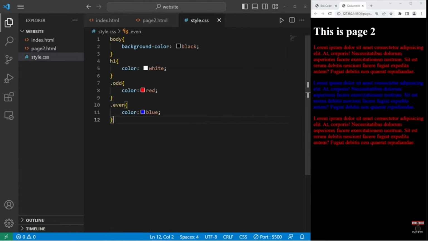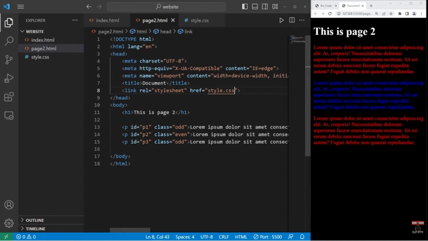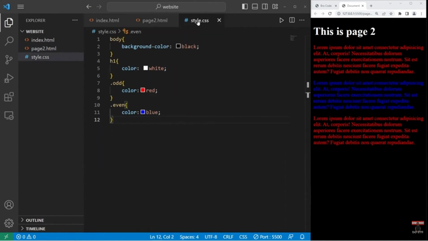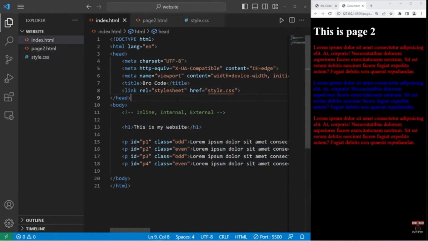Now when I save and refresh the page, we have applied all of our CSS from the style sheet to page2.html. External style sheets are reusable, so they're pretty nice and convenient. Alright everybody, so that is an introduction to CSS. With CSS, you can change the font, the color, add decorations. We'll get more into that soon. You can apply CSS inline with an internal style sheet